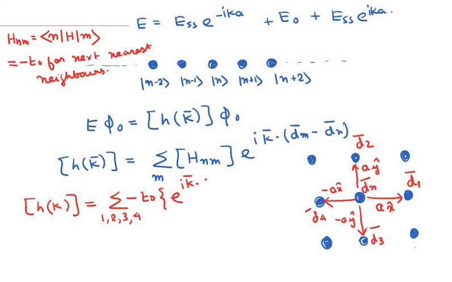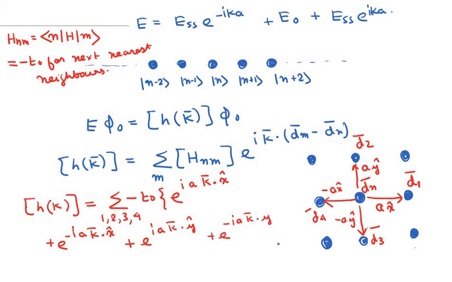So e^(iak·x-cap) plus e^(-iak·x-cap) plus e^(iak·y-cap) plus e^(-iak·y-cap). So this entire thing is equal to, we don't need to write the summation now because we have included all the terms, so this is only -T0 times